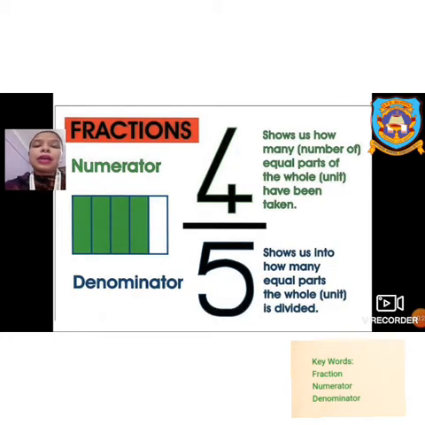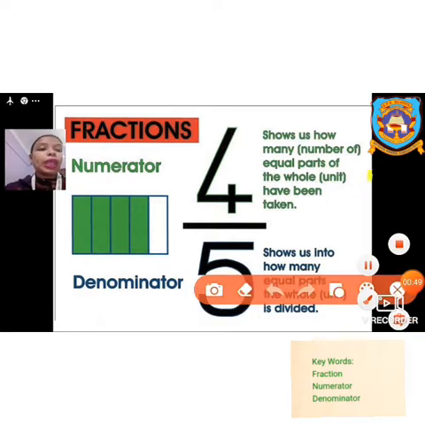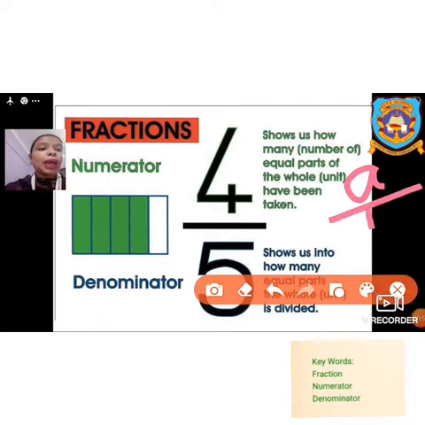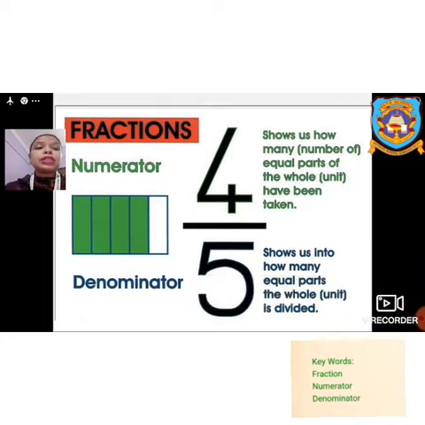Now before starting the class, let us recall what a fraction is. You have got fraction in the previous chapter also and this chapter also. A fraction is a number in the form of A by B. I have taken alphabets here, A by B. Don't get confused. A is any number and B is also a number. That means there should be a number above and a number below. So this is a fraction.